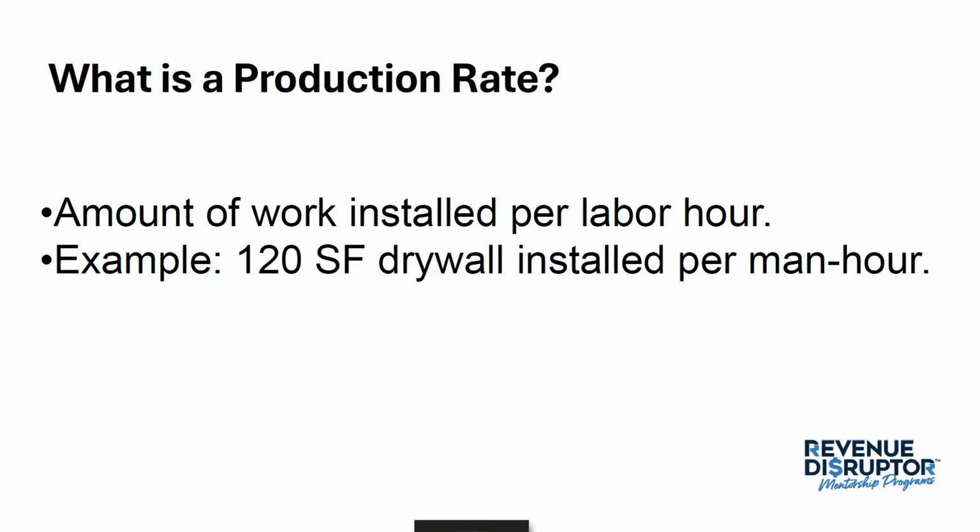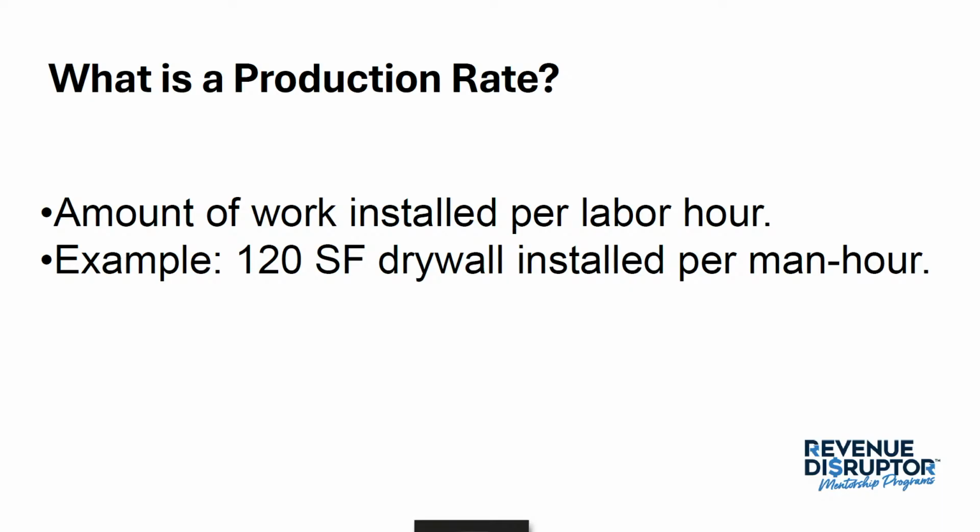Okay? And so what is a production rate? It's the amount of work installed per labor hour. And what does that mean? So think about it like this in this example. We have 120 square feet of drywall,